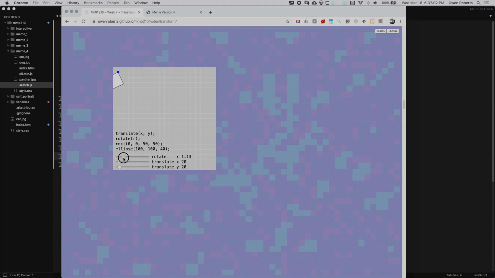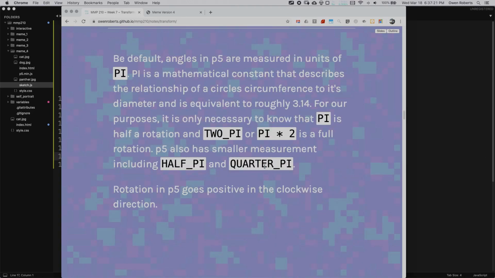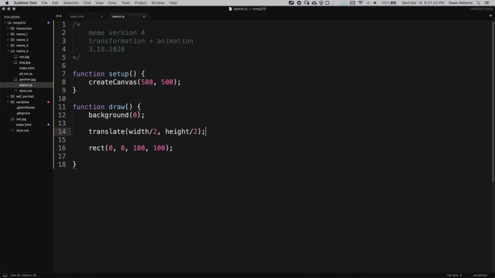So if I rotate, we're going to see we rotate around the origin point. So our shapes are rotating. If I move the origin point, our shapes still rotate around that origin point. So that's one way that we can create an animation, by changing that value. So let's add some rotation into our example. So after I translate, and I'm going to show why this is important in a second, let's just rotate by,